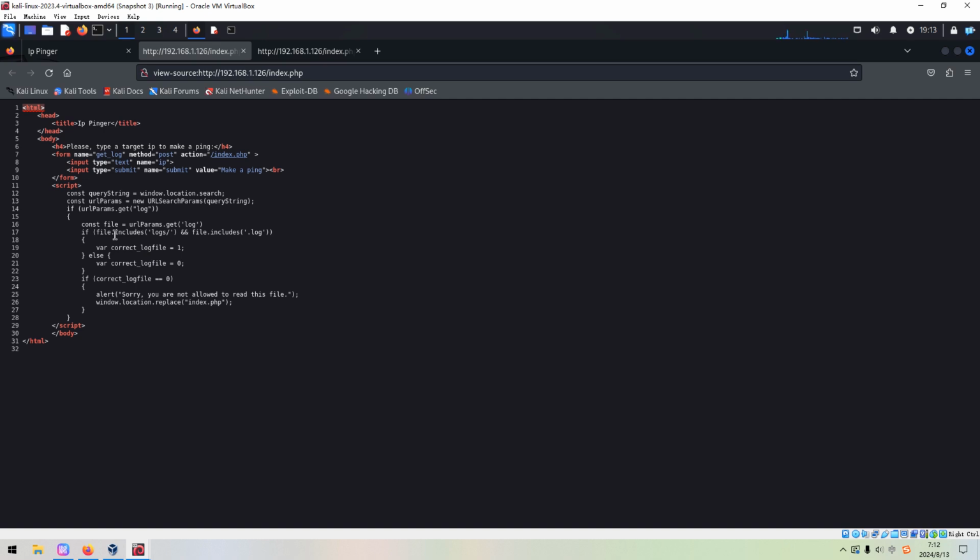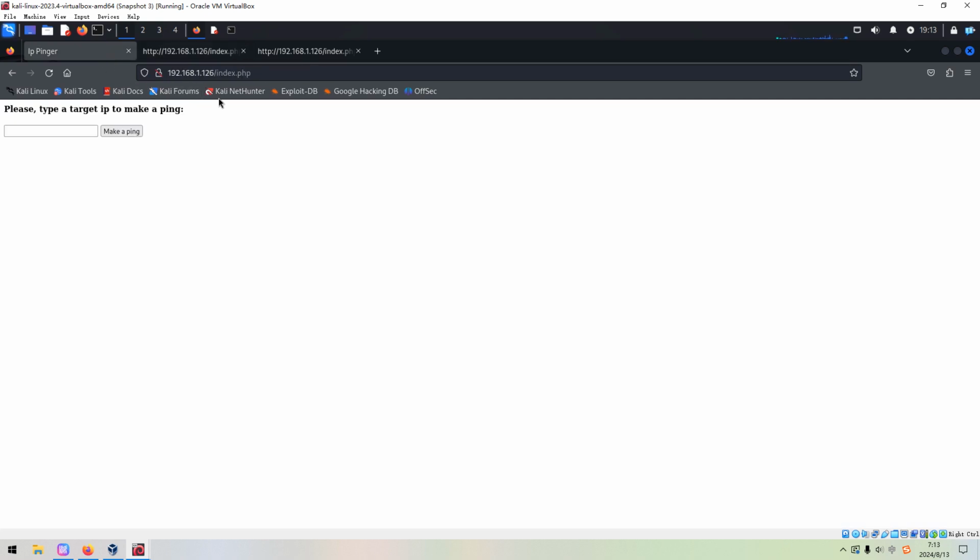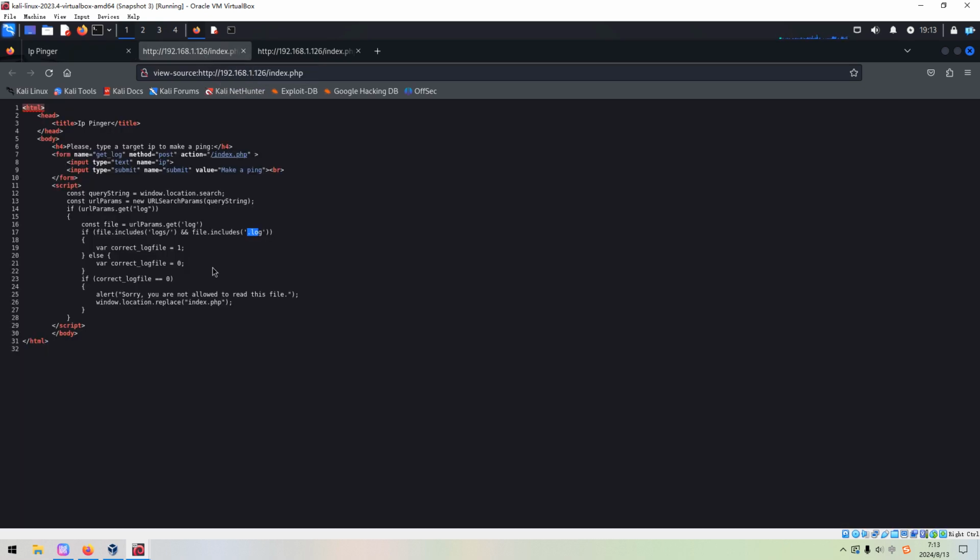And also it checks whether this file name or file path has logs, and also whether the extension is log. So this is some sort of filter or restriction on how to use this function to ping. And because this filter or control is done at the client side, it can be easily bypassed.